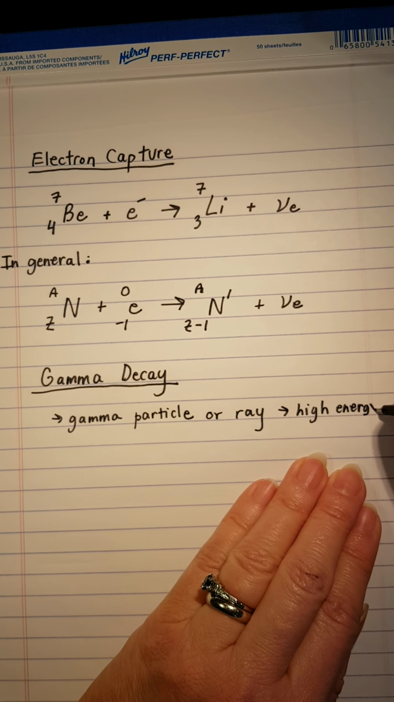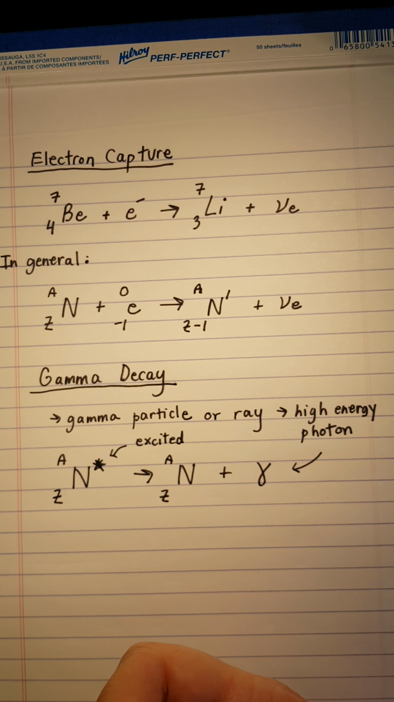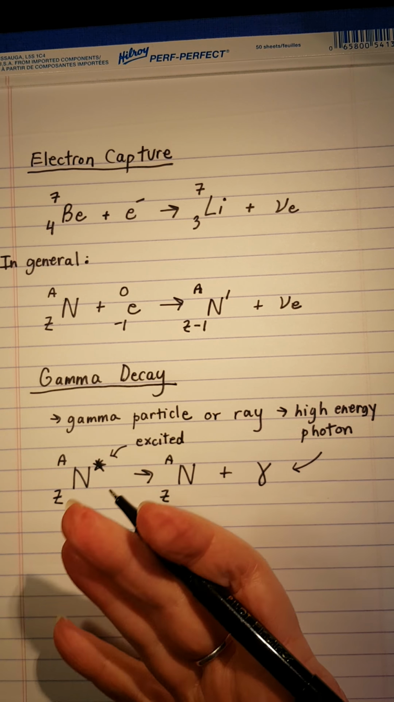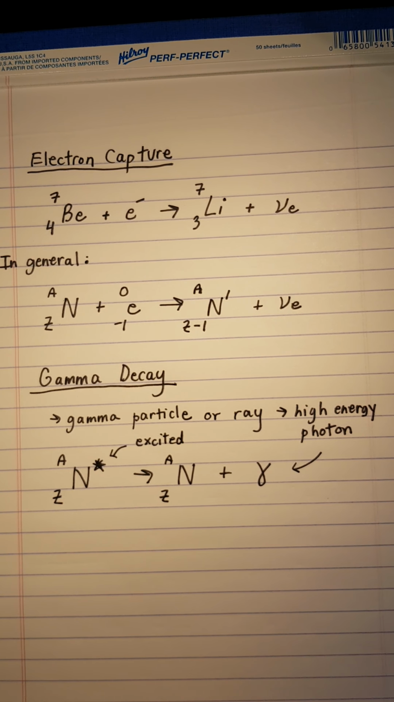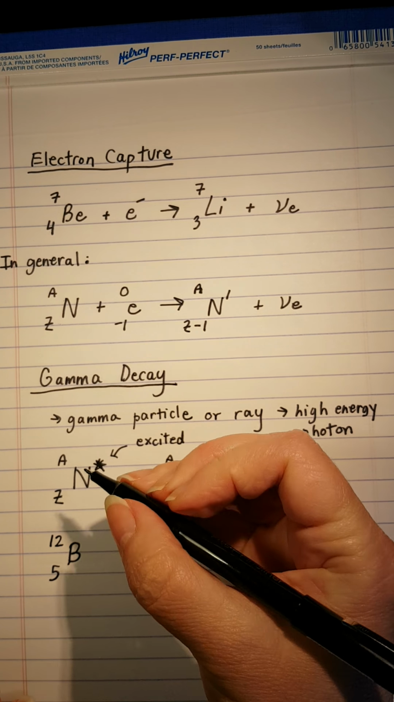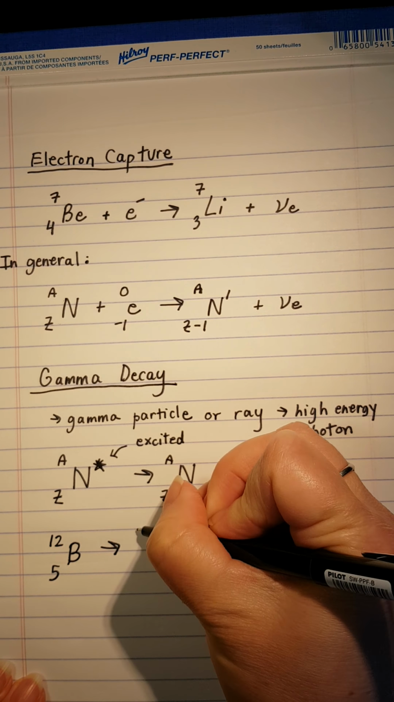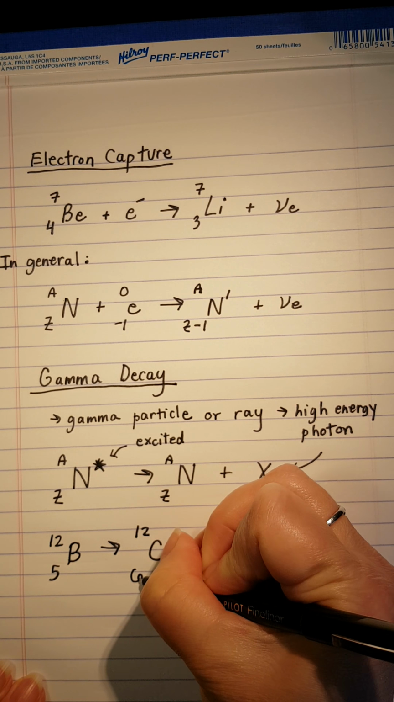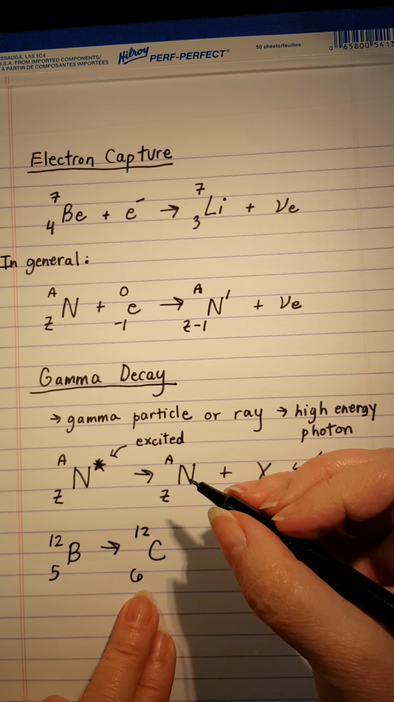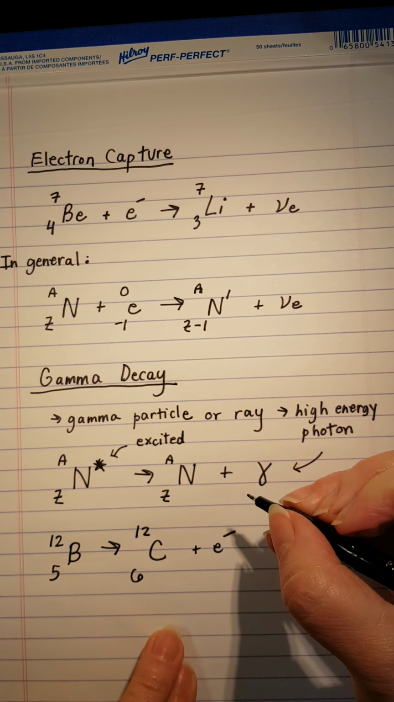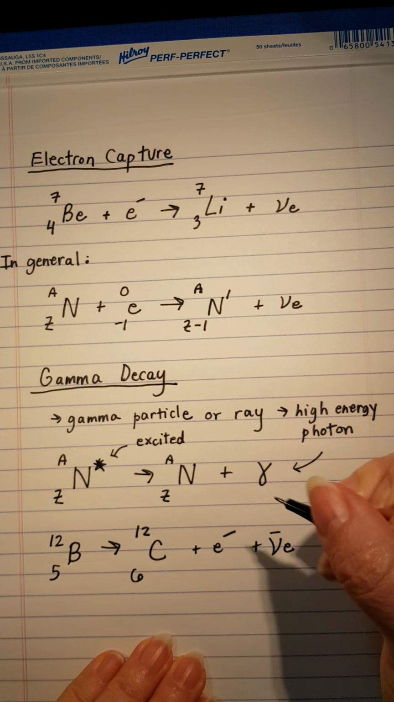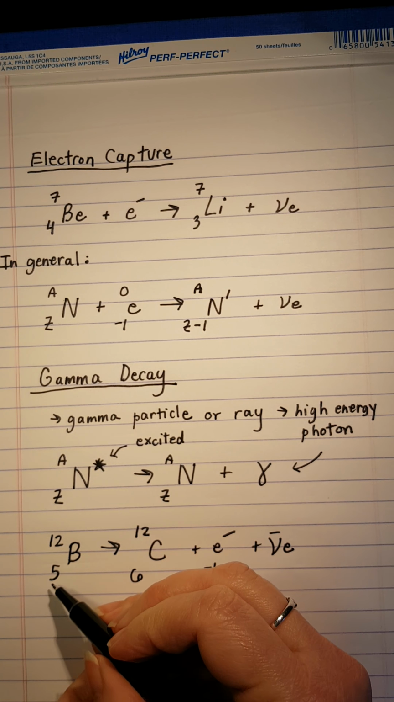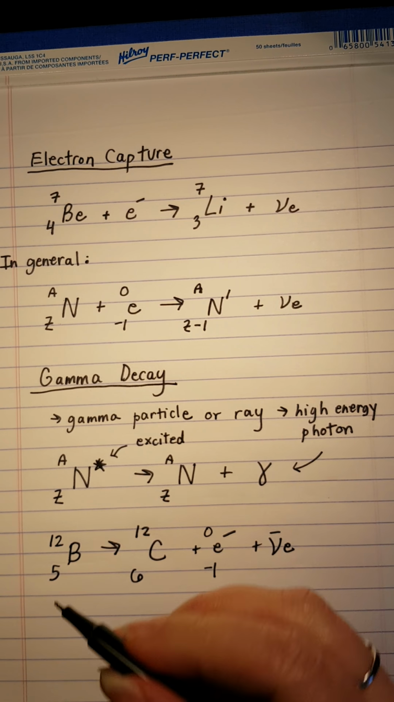Okay, so now you might say, well, where does an excited nucleus come from? How does that happen? Well, it's usually the result of another radioactive decay. So another radioactive decay leaves a nucleus in an excited state, and then it relaxes down to its ground state. One example of that is when boron-12 decays to carbon-12. And you can see that this is a beta minus decay, because we've gone from 5 protons to 6 protons there. But this carbon